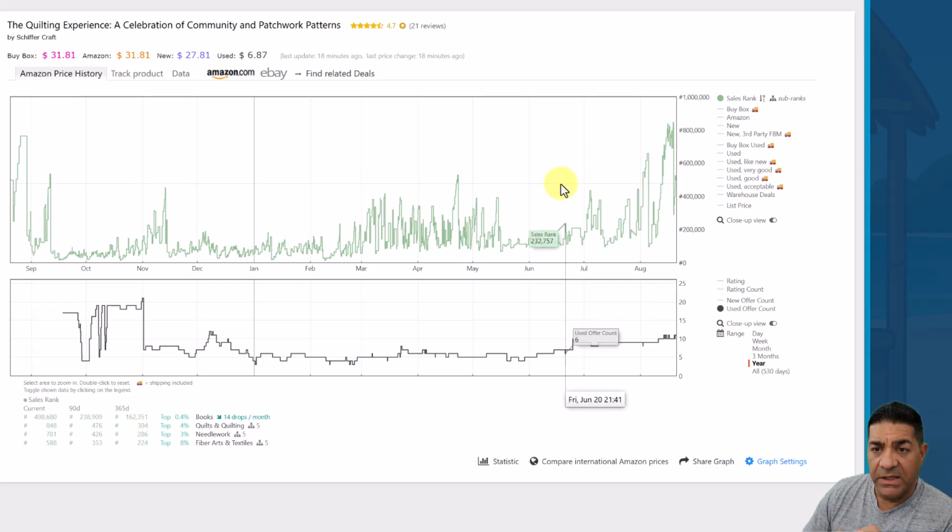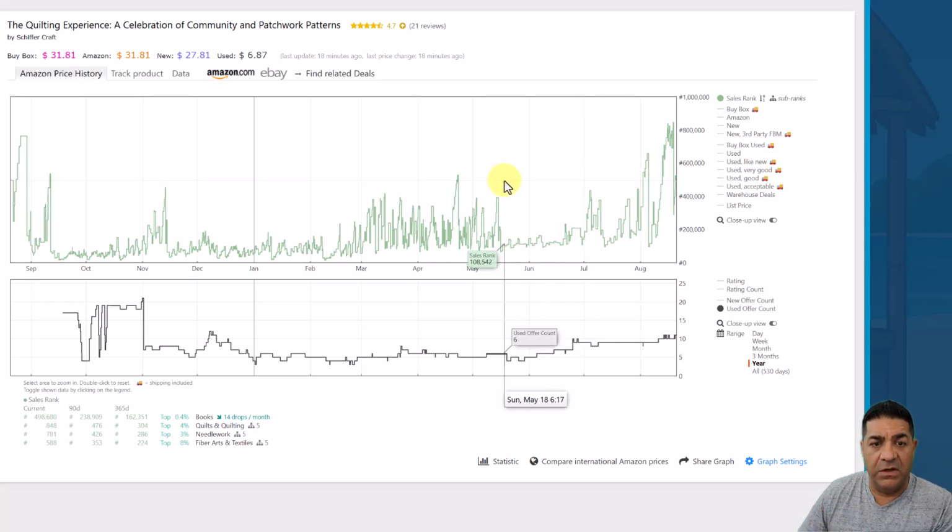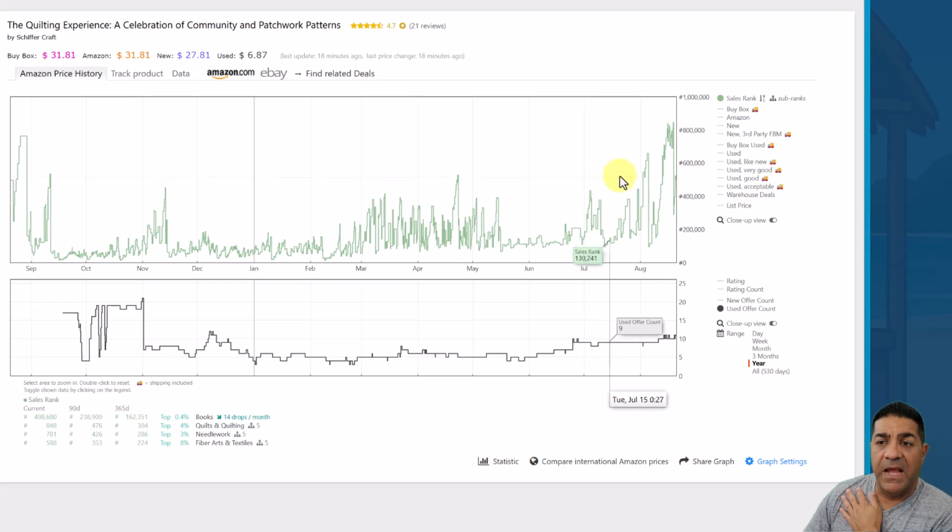What does matter is just seeing the general gist of what's going on with the book, and that's what the sales pattern will tell you over time. So this book has lost a little bit of demand over time, and we can tell that by looking at the green